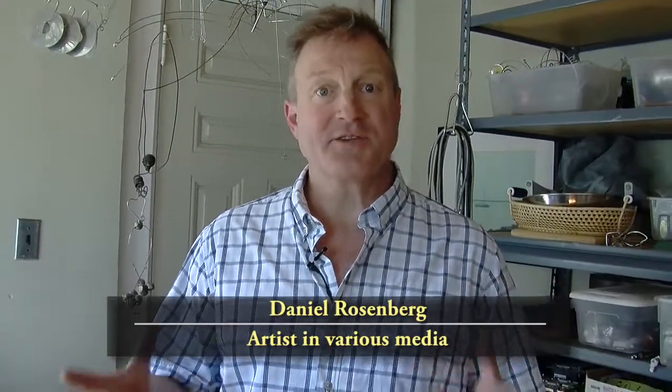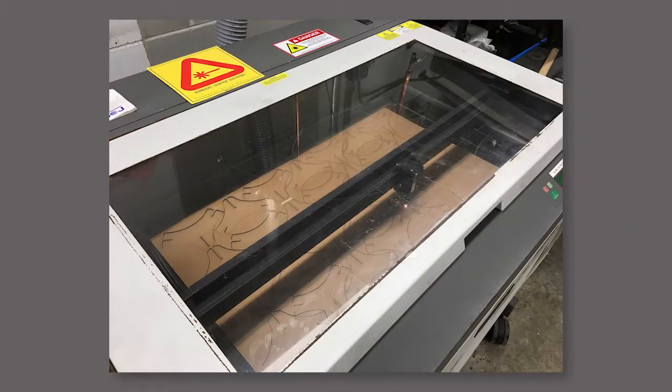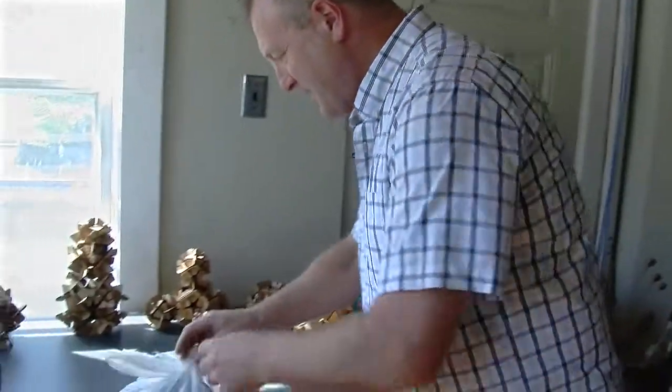acquired a laser cutter, which has a bed of about 18 by 30 inches, and it uses carbon dioxide lasers and a plotter table, an XY table, to turn lines from a computer file into cut objects. And the simplest and cheapest medium is cardboard, and I got hooked. So this is